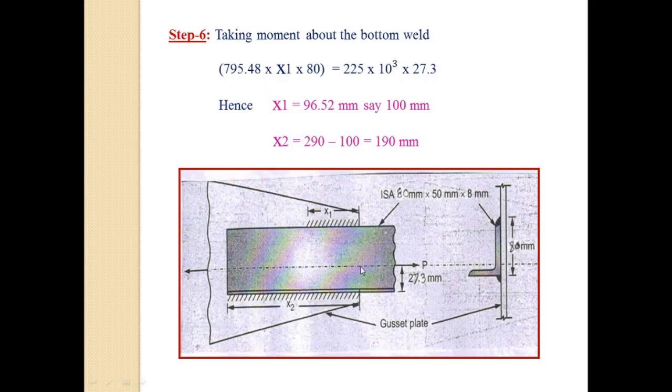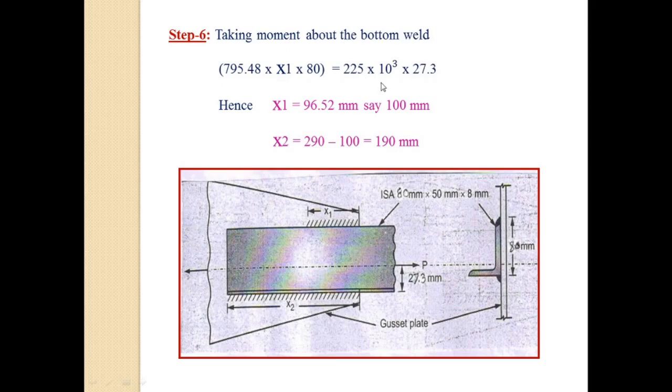Second, since we are not providing the transverse weld, we are not taking any value for the transverse weld. Another load is the factored load we calculated, that is 225 kilonewton. This acts at the CG along XX, that is at 27.3 mm distance. So P is equal to 225 into 10 raised to 3 into perpendicular distance 27.3, that is clockwise. So we are providing minus, and after we convert it to the RHS, it is plus.